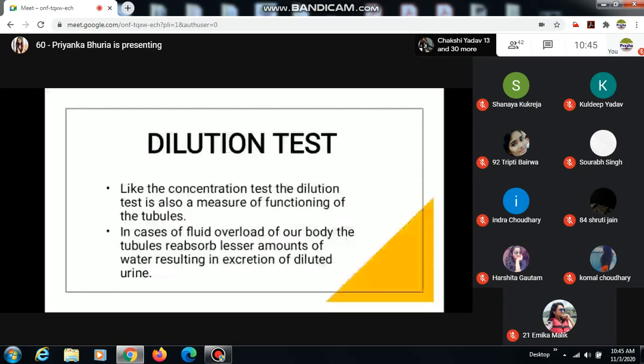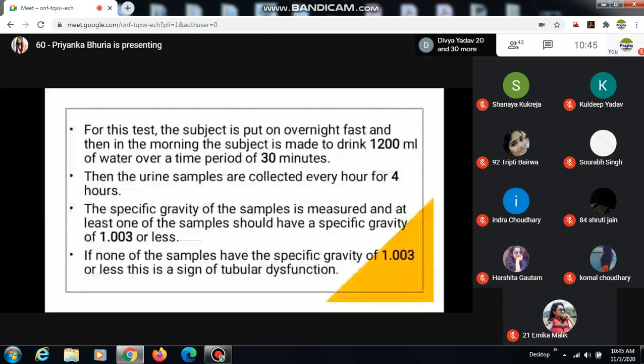For the test, the subject is put on overnight fast. Then in the morning, the subject is made to drink about 1200 ml of water over a time period of 30 minutes. Then the urine samples are collected every 4 hours. Specific gravity of the samples is measured and at least one of the samples should have a specific gravity of 1.003 or less. If none of the samples have a specific gravity of 1.003 or less, this is a sign of